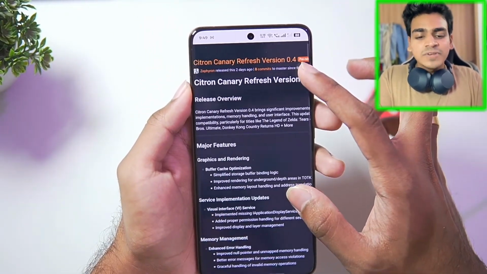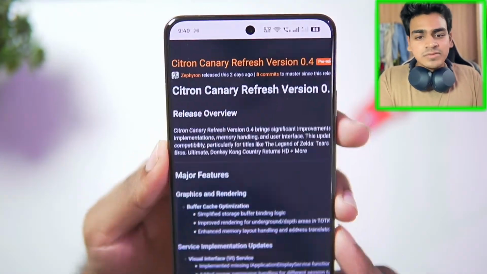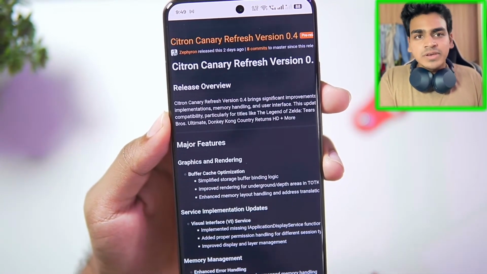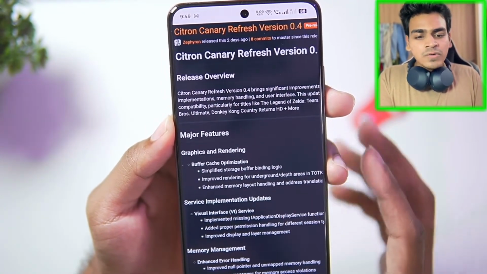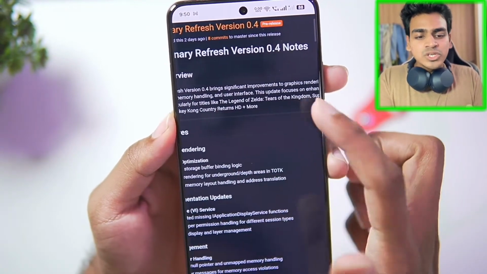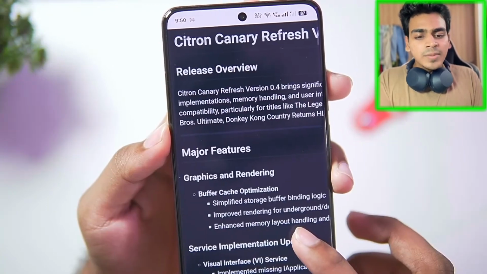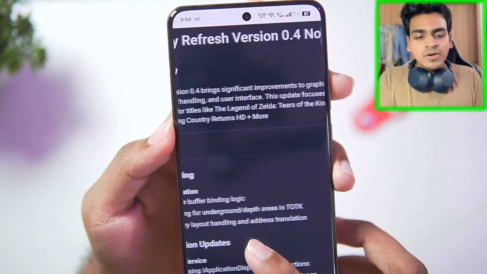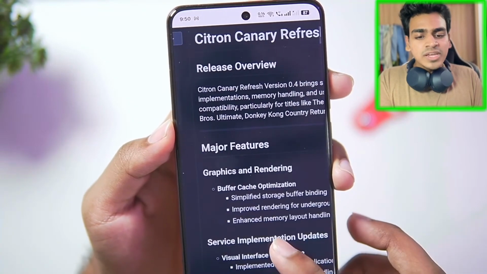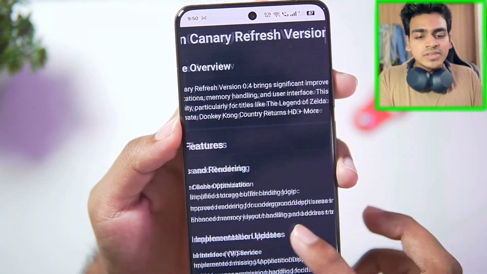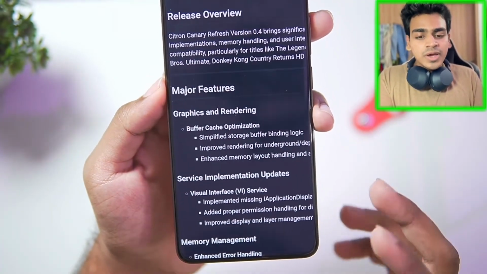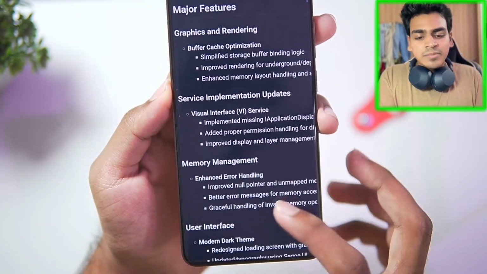So right here is the official Citron Canary refreshed version 0.4, which was released just 2 days ago, and you guys will be able to see the release overview. It brings significant improvements to graphics rendering, implementation, memory handling and user interface. Compatibility particularly for titles like Legend of Zelda Tears of the Kingdom, Super Smash Bros Ultimate, Donkey Kong Country Returns HD and more. So here in the main changelog you guys will be able to see graphics and rendering, memory management,